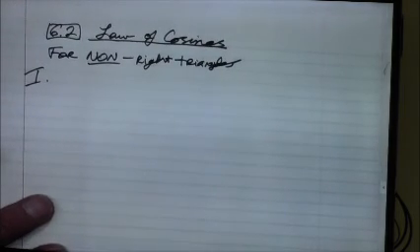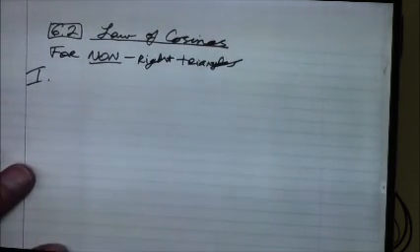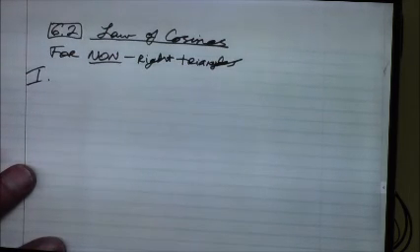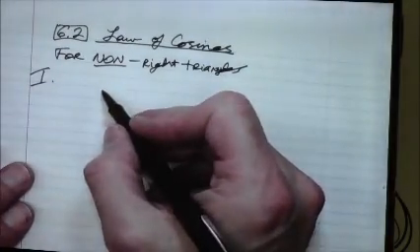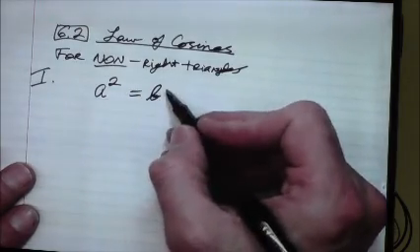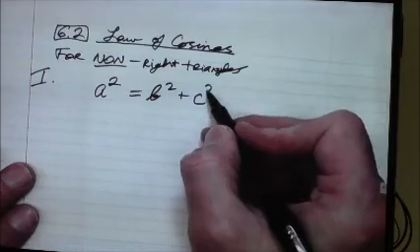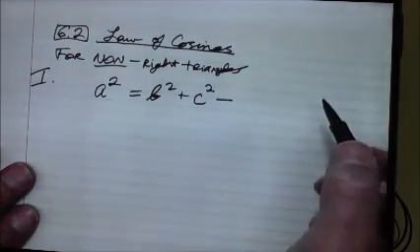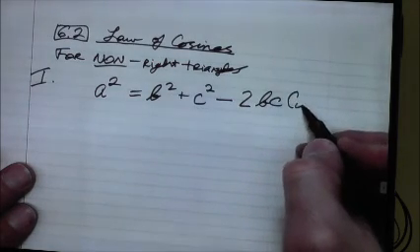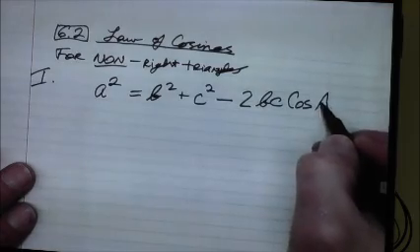So what we're going to do here first is examine what the law of cosines is. The thing that we just did with the area of a triangle is similar in concept, because it's going to involve the same formula three different ways based upon what information is given. So we're going to say that side length A squared is equal to side length B squared plus side length C squared minus 2 times BC times the cosine of angle